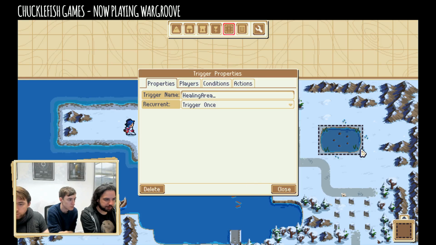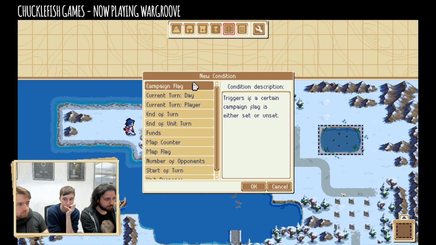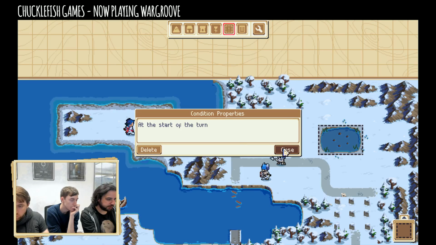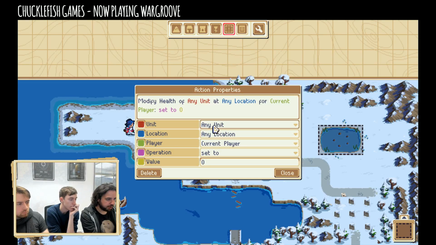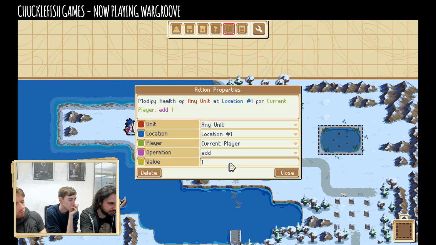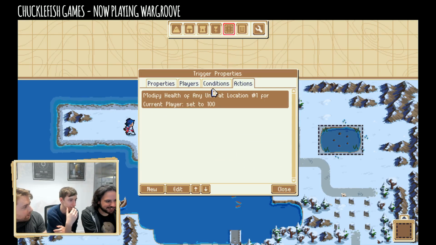Okay, so this trigger I'm setting up now is we have this lake here, and I'm gonna make this one a repeat trigger, so this trigger will keep happening forever. And it's gonna be available for every player. And what's gonna happen is, let's say, it should be at the start of the turn. Yeah, it should be at the start of the turn. So at the start of the turn, it will modify the health of any unit at, oh, I didn't give it a name, at the lake. For the current player, I'm gonna add 10%? No, more than 10%. 20%? No. 50%? 100%? Just set it to 100%. Okay, fine. I mean, you want to move on to your next fight, right? You don't want to hang around in the...